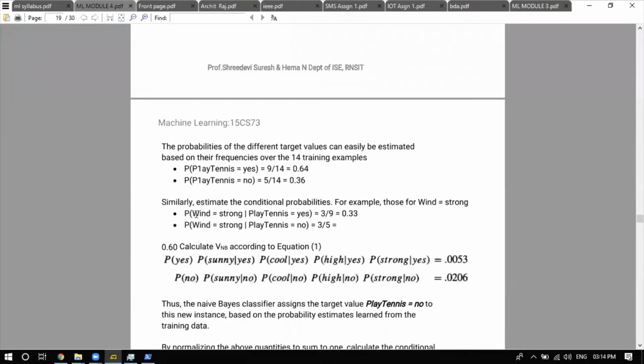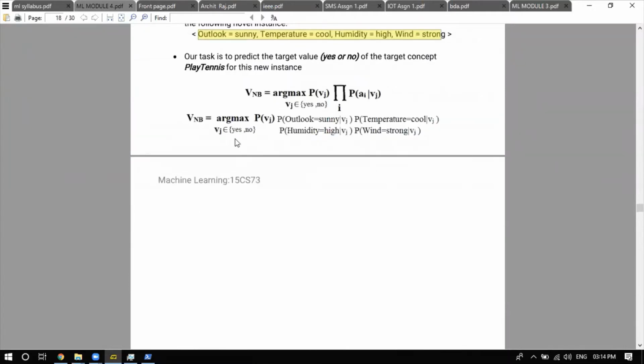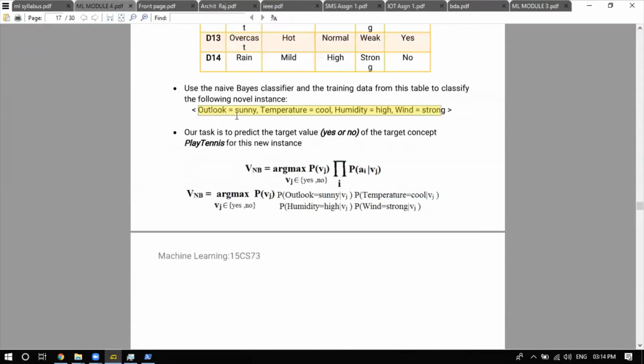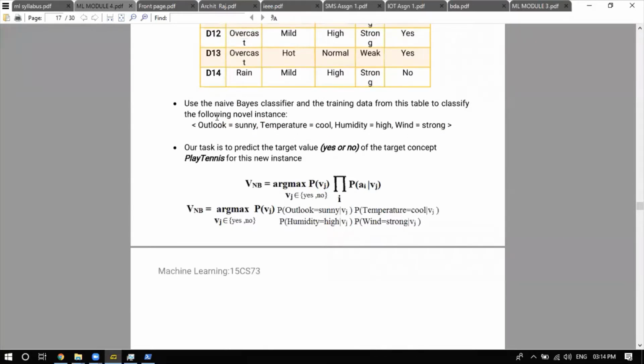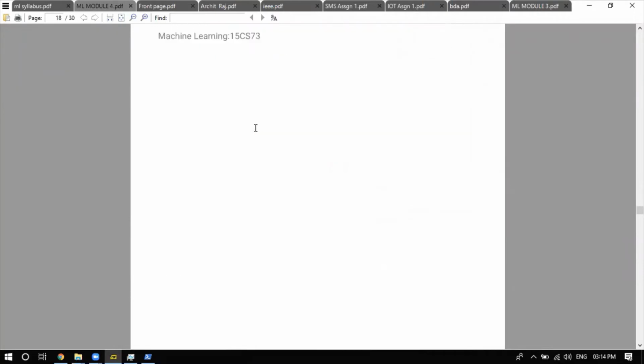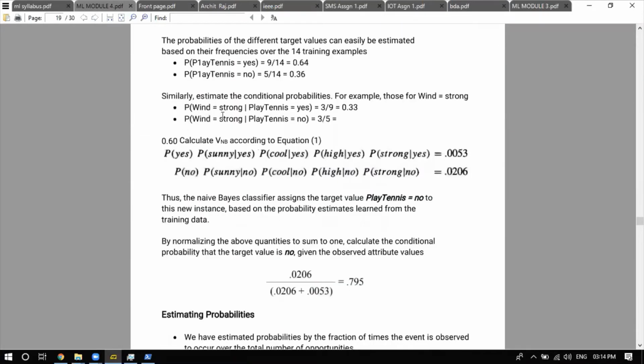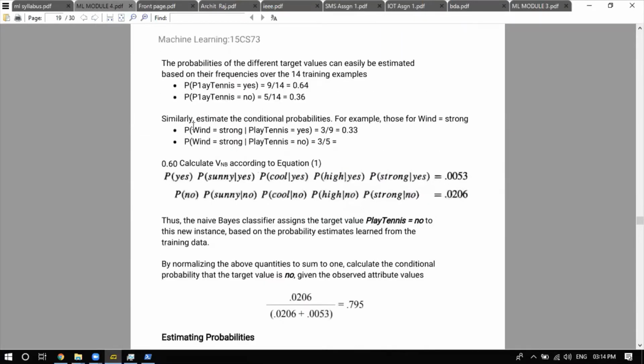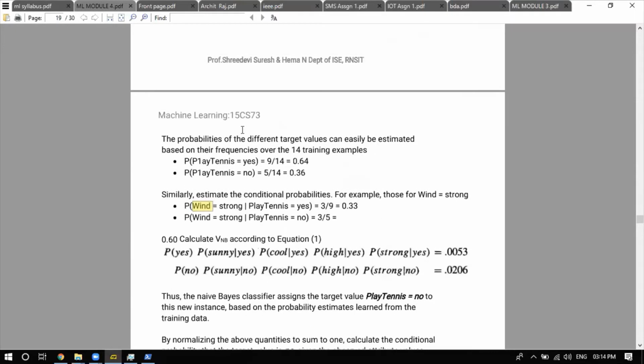Okay, now we have to evaluate each and every feature which is given for the question, which is outlook sunny, temperature cool, humidity high, and wind strong. Now, how? First, we'll take wind strong. As you can see, the first one is wind strong. Now, we have to find